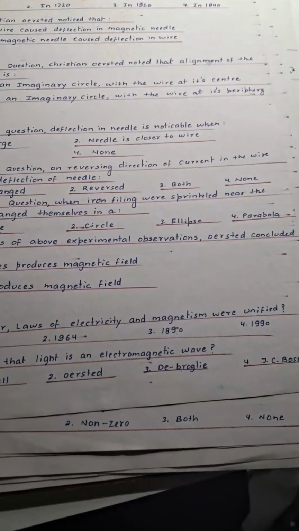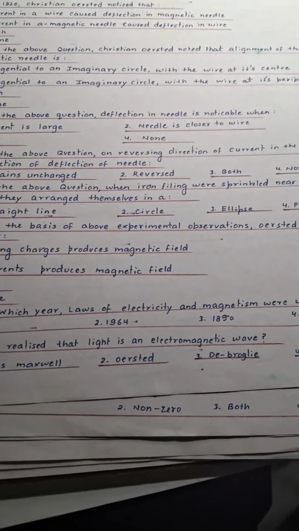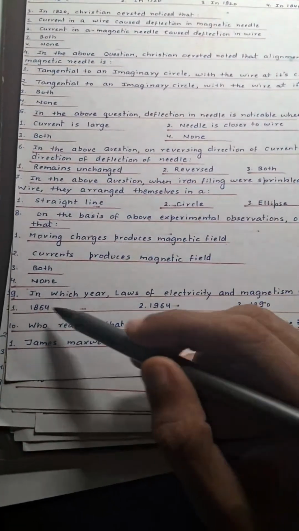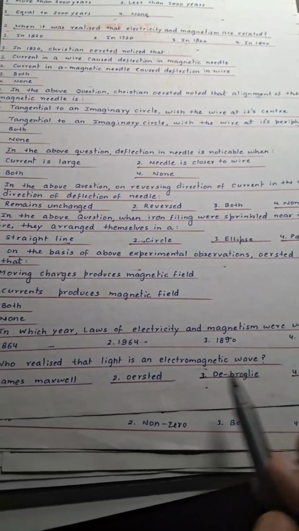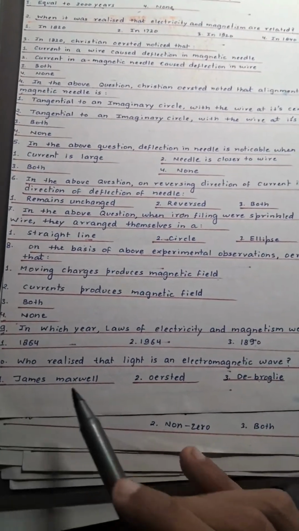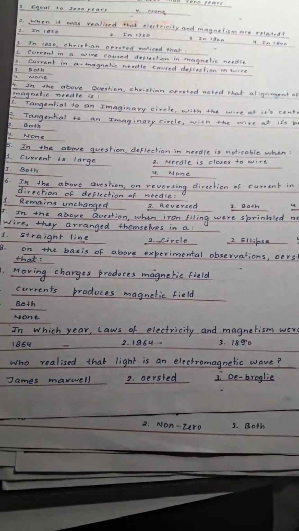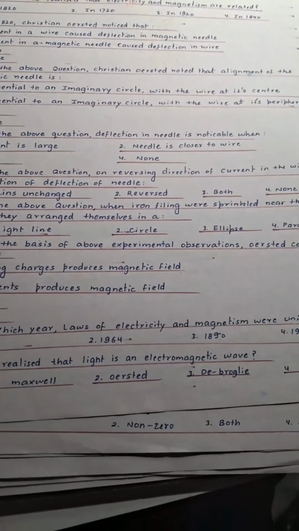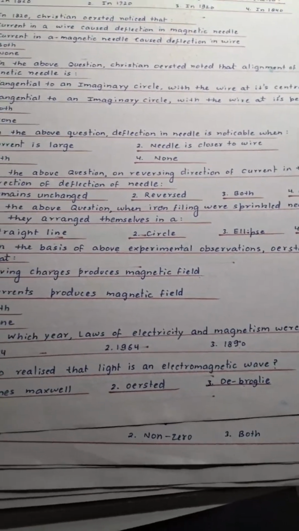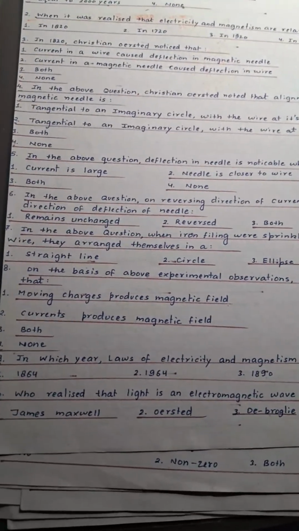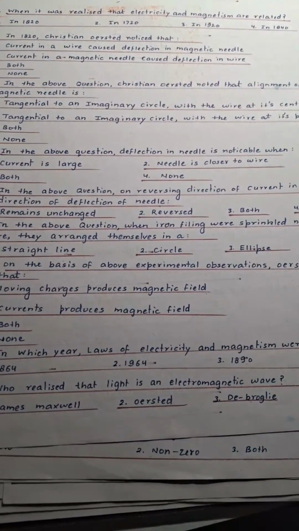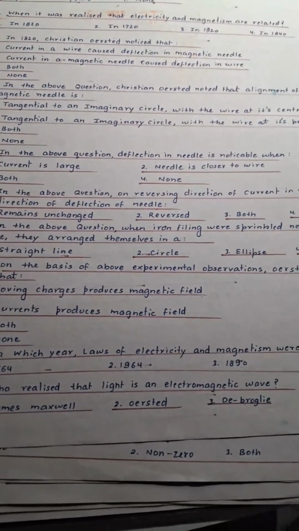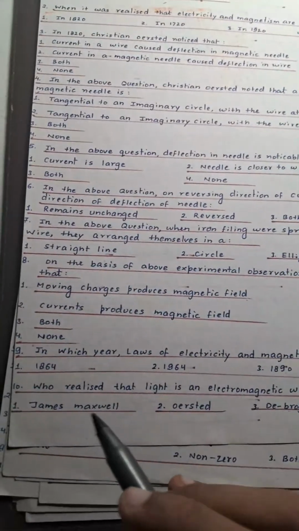नाइन्थ इज इन विच ईयर लॉज ऑफ इलेक्ट्रिसिटी एंड मैग्नेटिज्म वर यूनिफाइड। सो इसमें जो ईयर है ये था आपका 1864, इसमें दोनों यूनिफाई हुए थे। And next is who realized that light is an electromagnetic wave. So it was revealed by James Maxwell, who realized that light is an electromagnetic wave and its speed can be measured by pure electrical and magnetic measurements. बाद में इन्होंने मैक्सवेल के इक्वेशंस भी दिए थे और he tried to relate electricity and magnetism in a similar way. तो यहाँ से जेम्स क्लर्क मैक्सवेल पूरा नाम था, तो फर्स्ट जो है वो करेक्ट हो जाएगा।